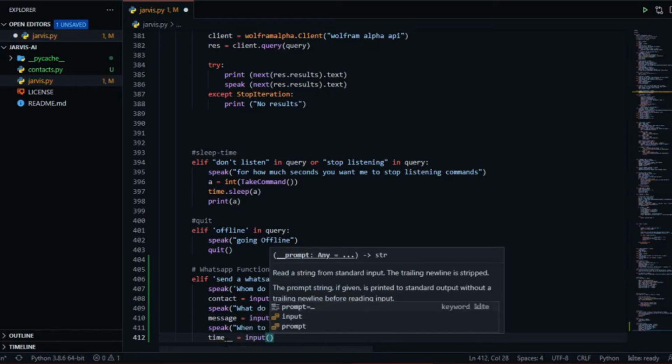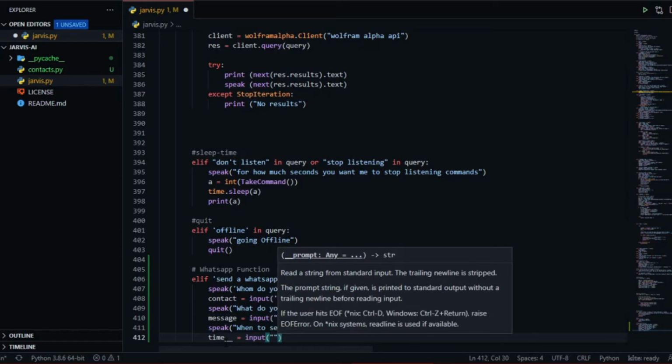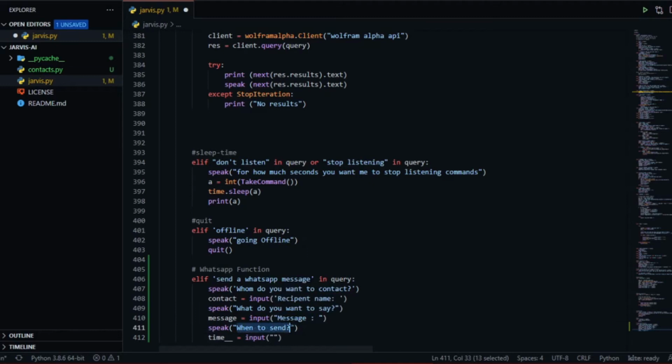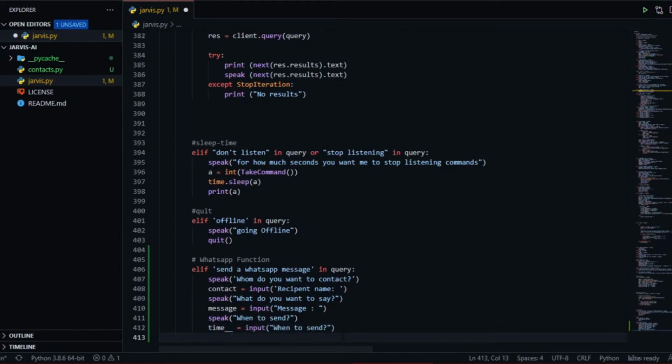And the next thing I will do is prompt the user for the same thing, when to send. Now the user might provide the hour first, and the next thing the user might provide is the minute. So I will say hour double underscore equal to input,